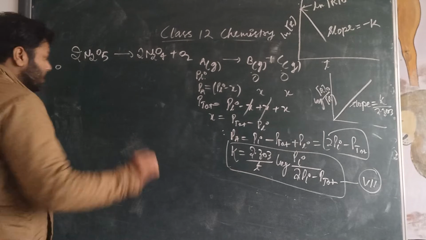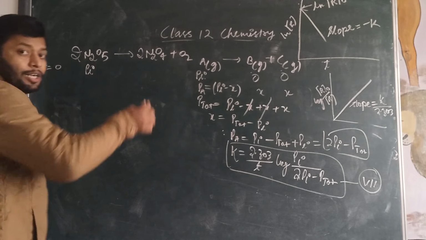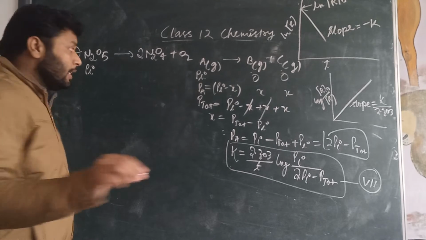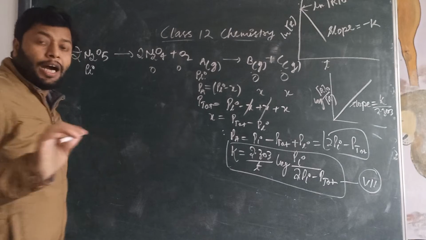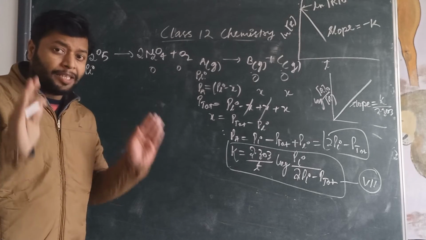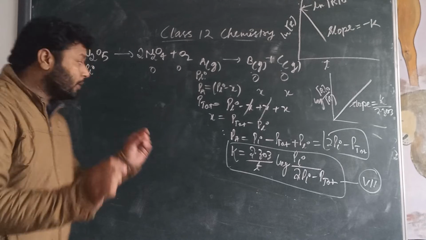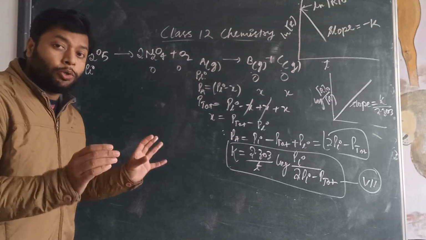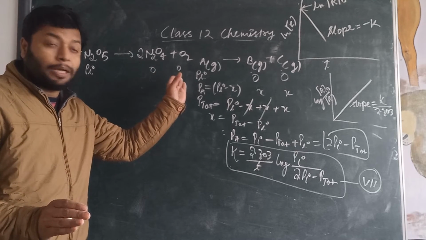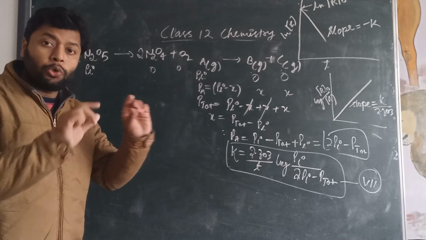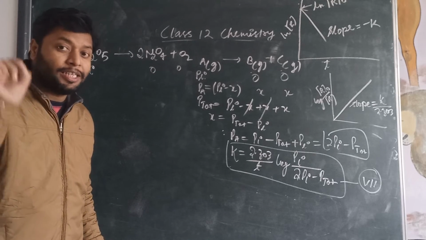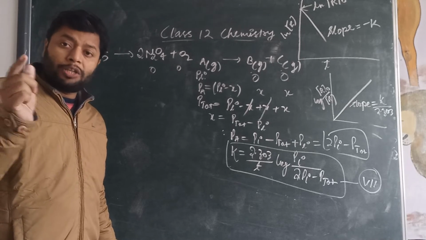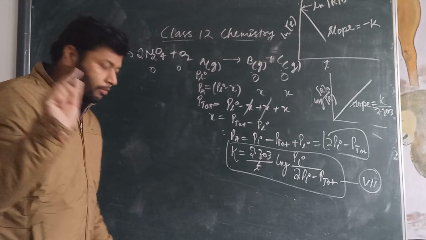At time t0, there will be pressure called Pi, the initial pressure. Students, remember it, no products are formed. So the total pressure of the gaseous vessel must be equal to this initial pressure, Pi. Here, Pi is also equal to P total, because no products are available. Sometimes in the question the total pressure is given. At t equal to 0, the total pressure is known as Pi. Okay, very good.